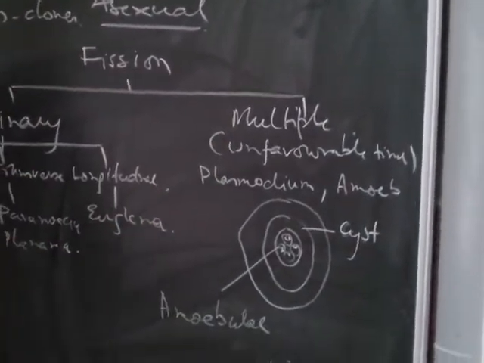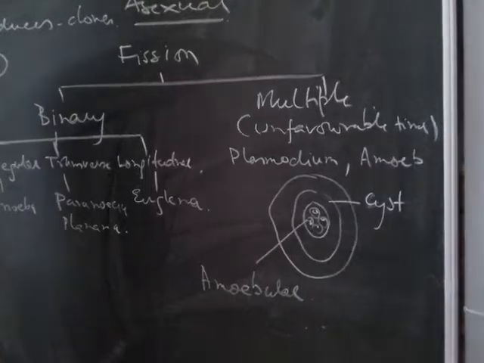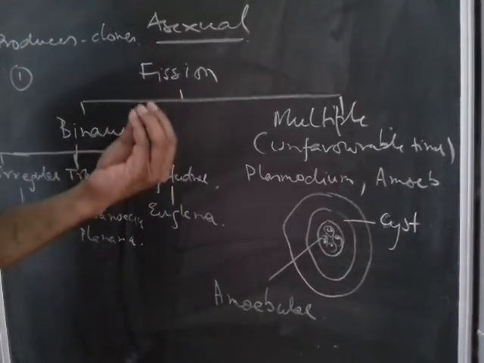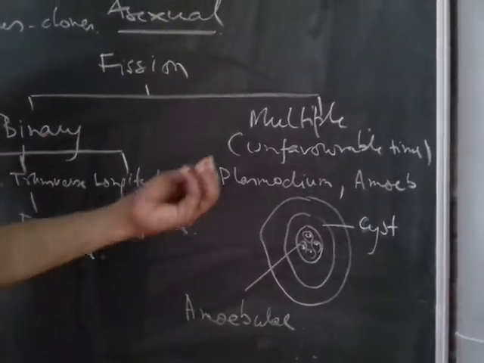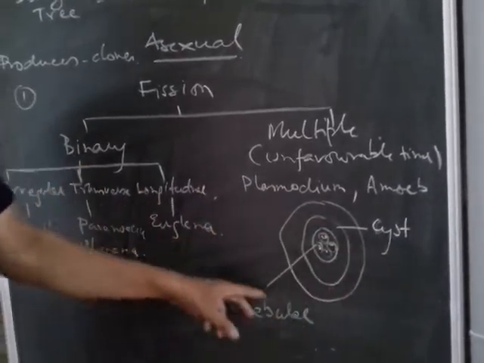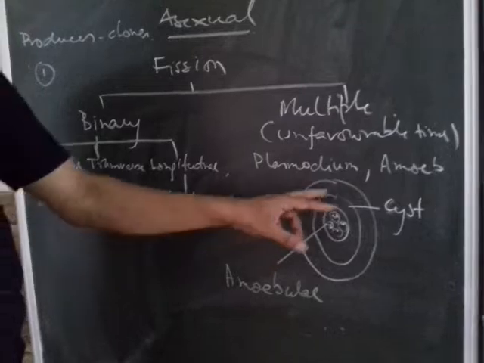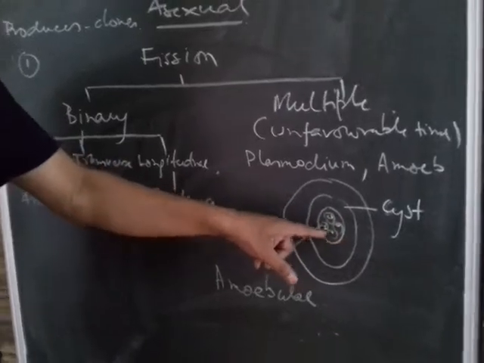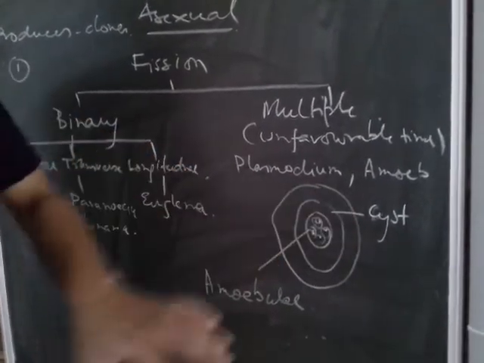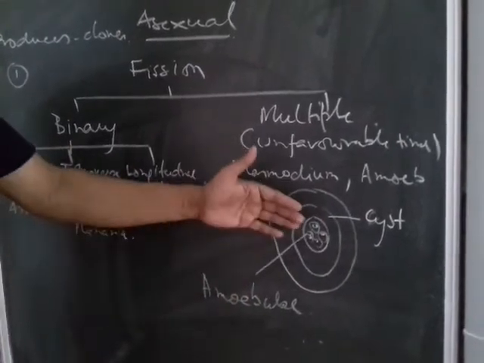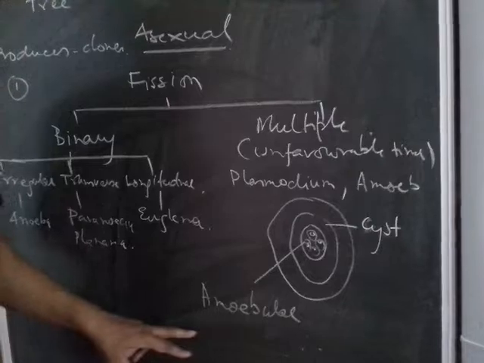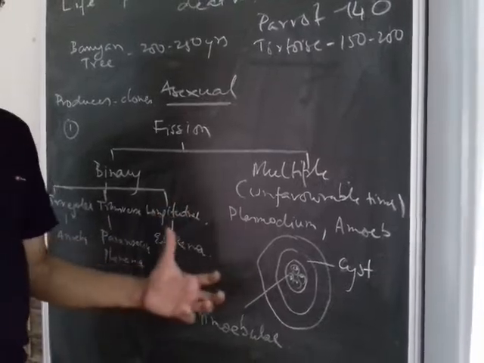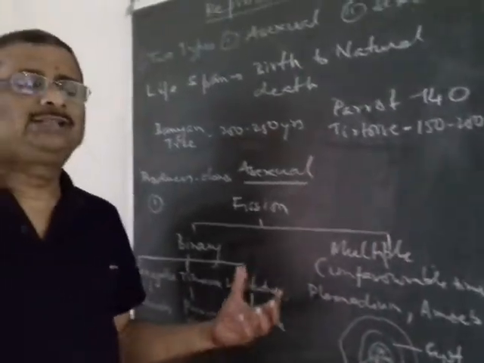In multiple fission, of course, it occurs in various organisms, like in Plasmodium, the malarial parasite, during unfavorable times. Suppose an individual has taken a medicine, then the Plasmodium goes to the liver or the spleen, and they form a three-layer cyst wall. Inside the cyst wall, the nucleus divides into multiple units with a little cytoplasm surrounding them. This cyst wall protects it from any unfavorable condition. The amoebulae, or the spores, remain inside until the unfavorable conditions are gone. And when they are gone, the cyst wall breaks, and these new units come out in the